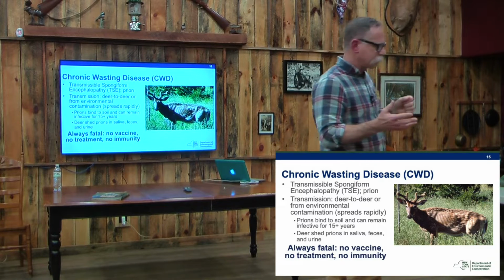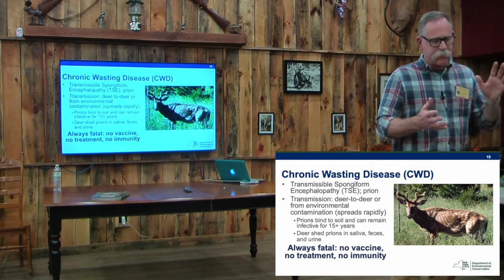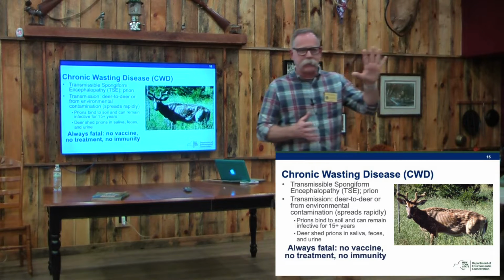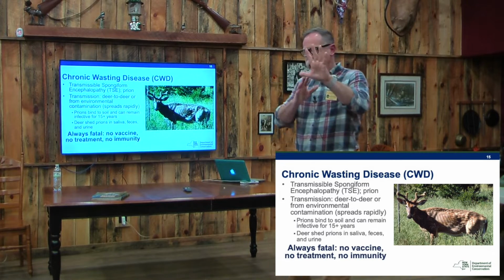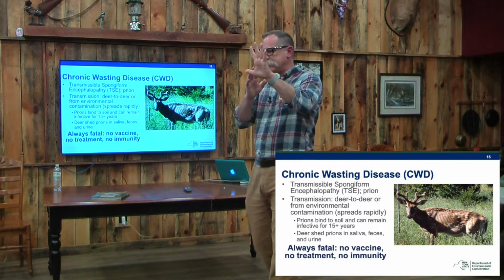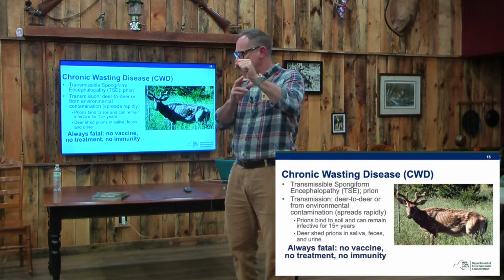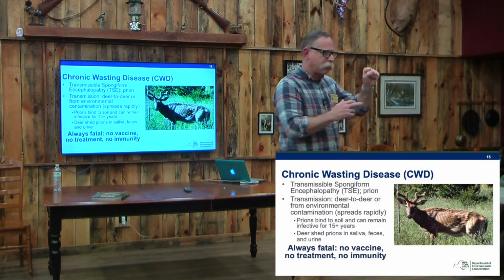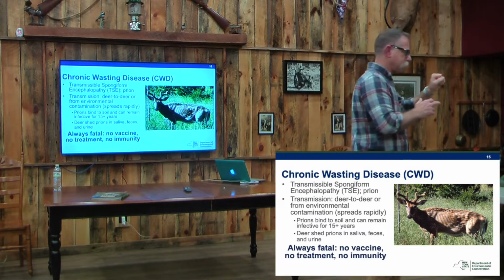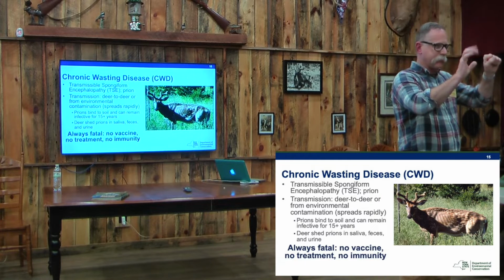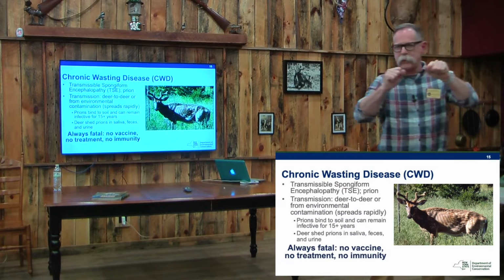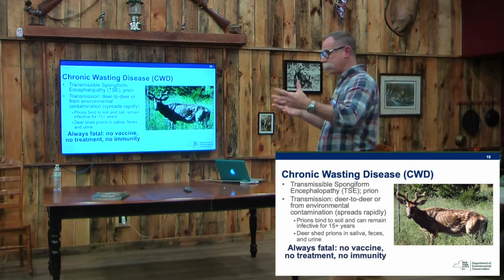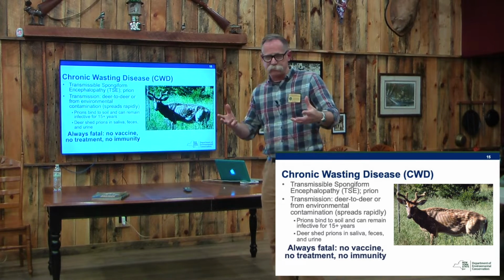So the way this works is, let's say the normal prion protein is shaped like this. When a diseased prion protein is introduced to it, it can induce this one to misfold as well. Once it's misfolded, it's very difficult, almost impossible, to unfold it. And this one has the ability to make the one next to it misfold, and so on and so on. It's a cascading effect, and when you get enough of them misfolded, the cells start to die.